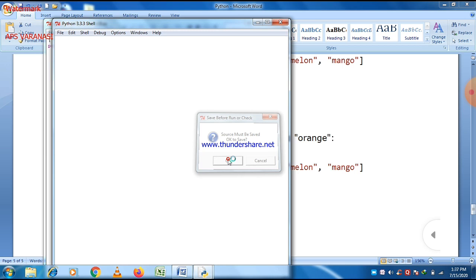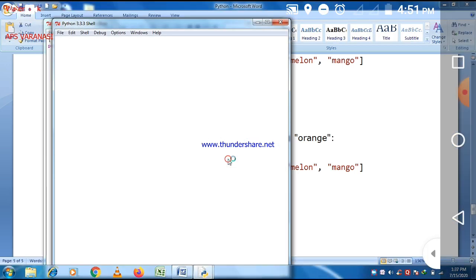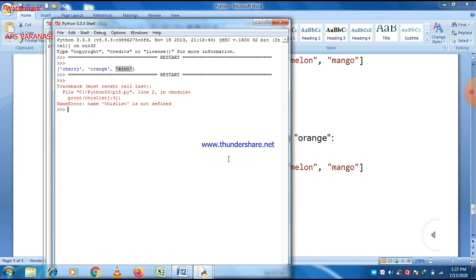So if you say 0 colon 4, or if you just write colon 4, then 0 is understood. Python understands it with counting starting from 0. So the element at position 0, and then 1, and then 2, and then 3, all of these are considered and will be printed. You can easily see that.